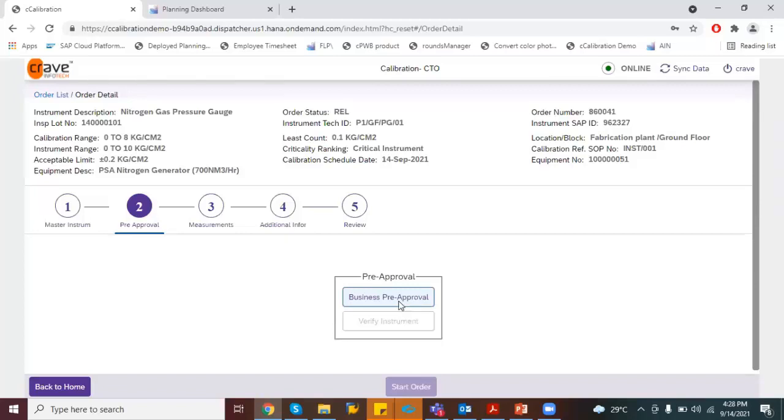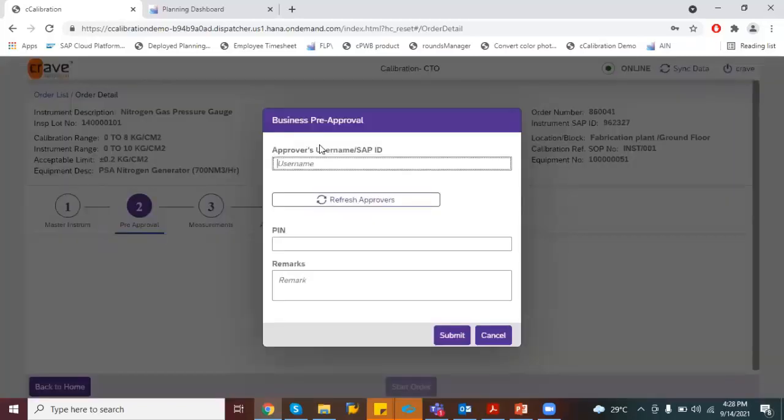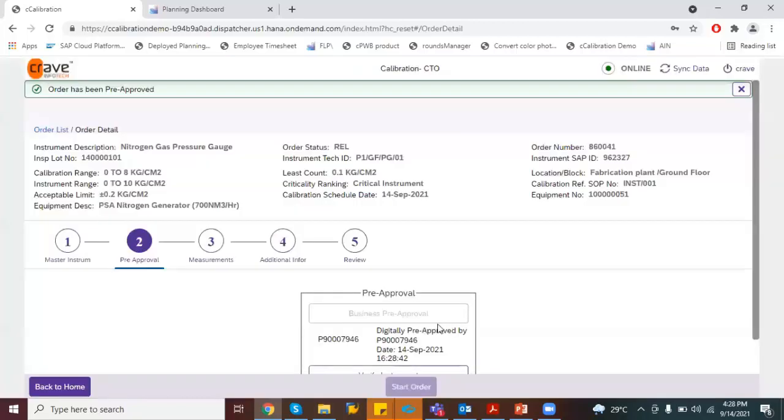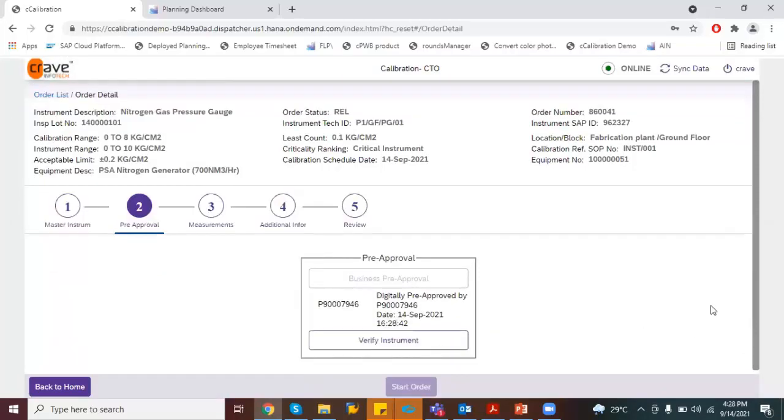So that production person will click on this, enter his unique ID and PIN, provide the pre-approval with a remark, and submit. If the entered credentials are correct, it will digitally pre-approve the work with date and timestamp. So it will be available that at this time my work was approved.